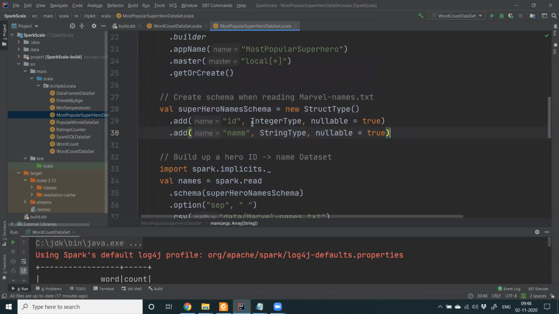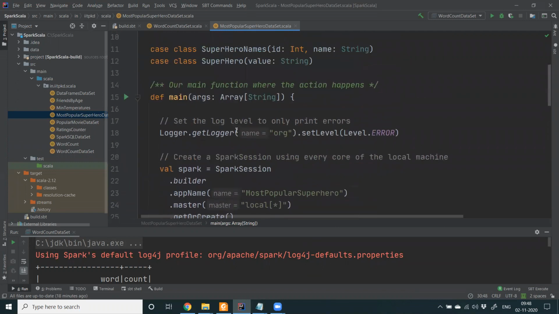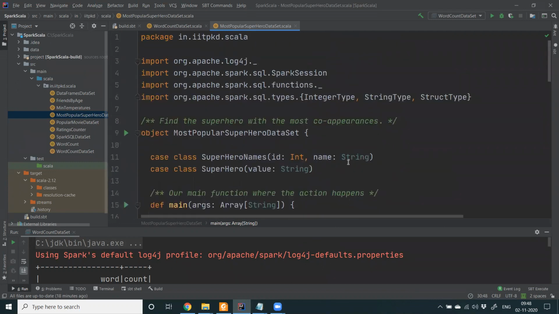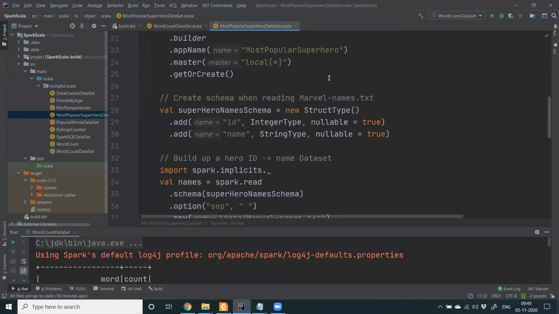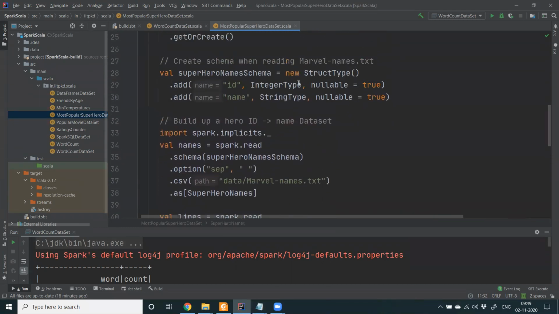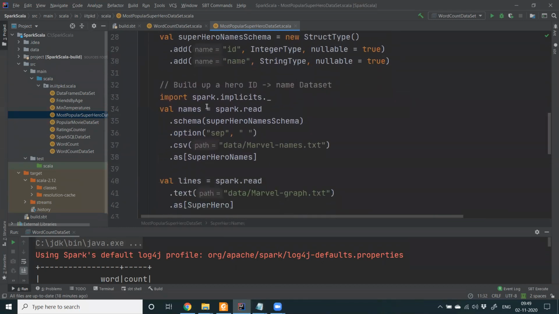You can see that these schema fields match the case class: ID and name. That will be used for your dataset, and this will be used for your data frame. Now we are reading this Marvel names.txt through this schema. We do not have the option header true, as we have used before.